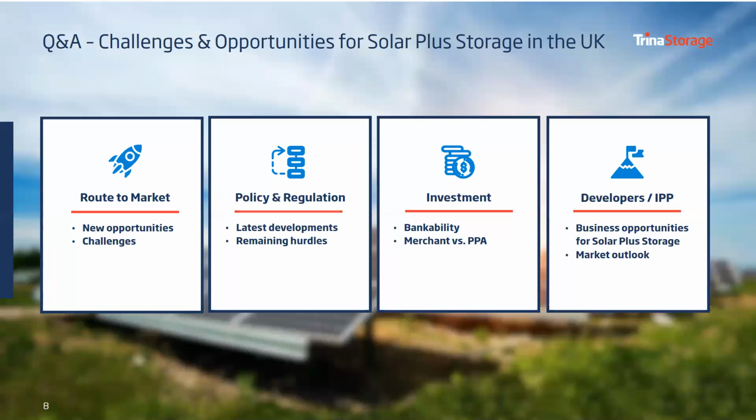Okay. So, just to take one step back, the investor sentiment in the storage market has certainly improved over the last six months plus. Post EFR and capacity market changes, there was a bit of a quiet spell, to be honest, for investor sentiment in UK battery storage. That has now picked up again, and I think a lot of that has been driven partly by price reductions, partly by greater familiarity as more capacity has come on the system, but also